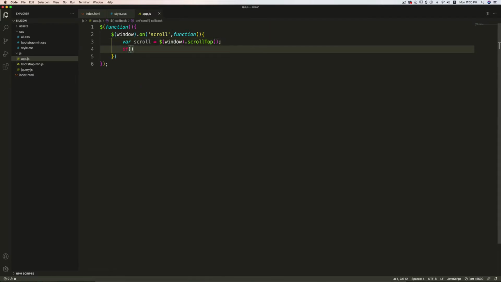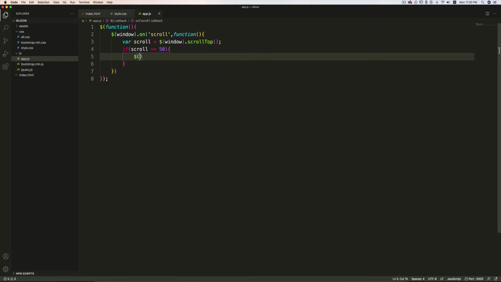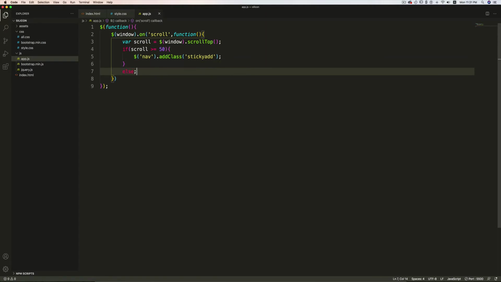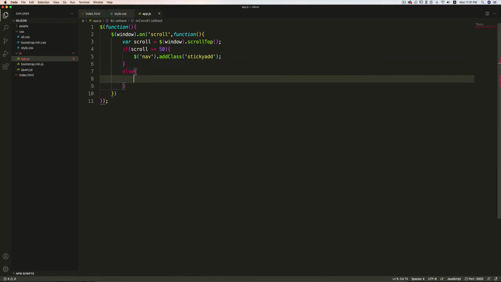Now I'm going to check if scroll is greater than or equal to 50. This means the user has scrolled down 50 pixel. In this case I'm going to select the nav, nav.addClass, and what I'm going to add is sticky-add. After this I'll write else. In here I'm going to copy this one time, paste it here, and now I'm going to remove the class. So let's see if this works or not.